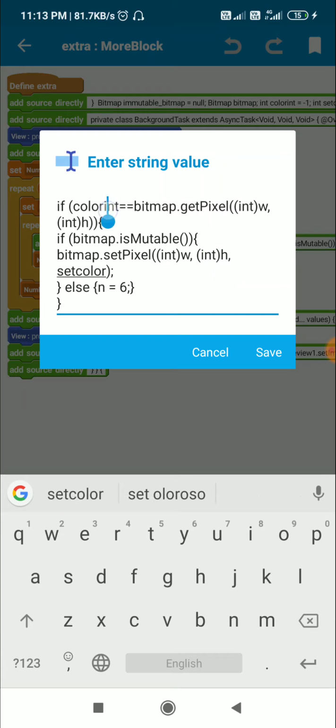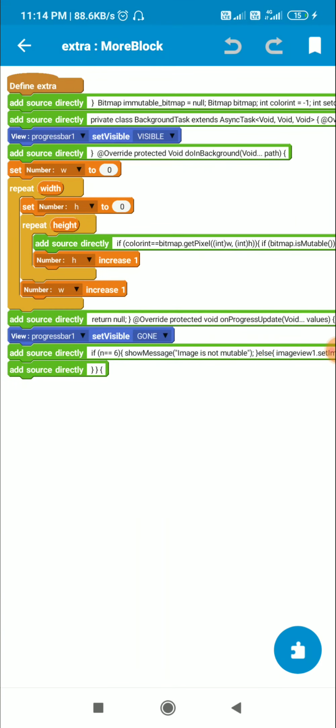So if the color at that point is equal to the selected color, then change the color of the point to the set color. And if bitmap is not mutable, then set n equal to 6 and then close the brackets. So this is the doInBackground method.